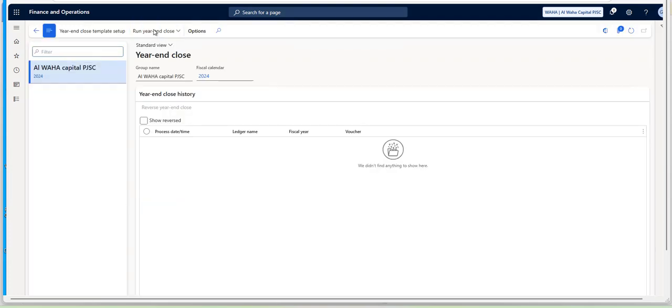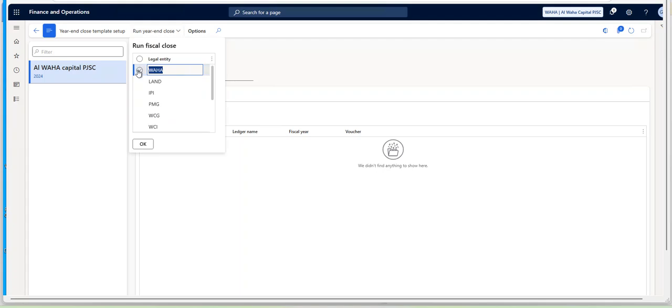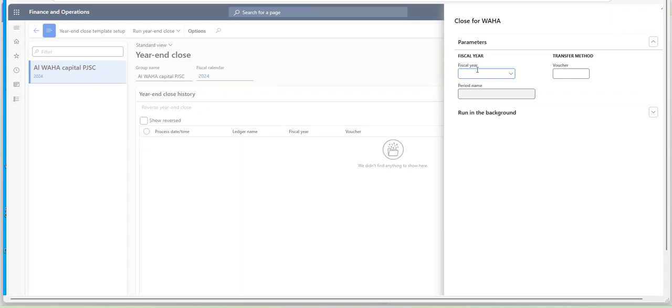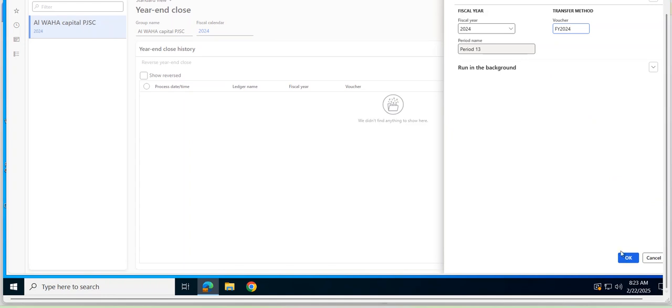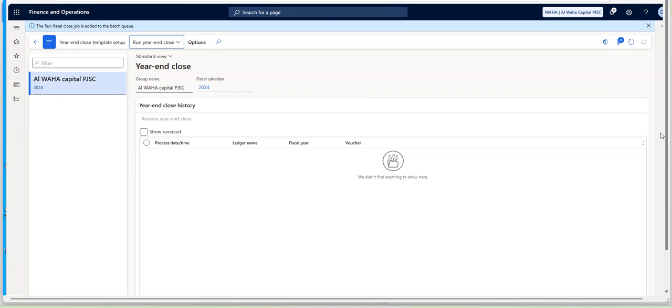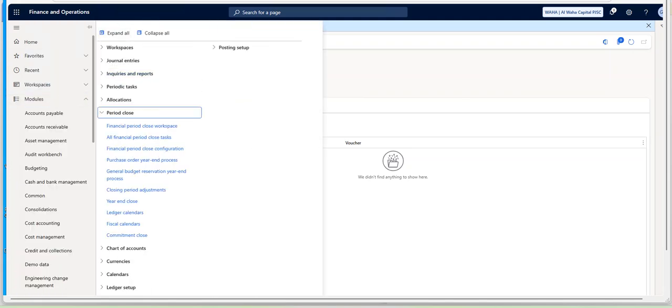Okay, so let me run the year end close. Here I will select the respective legal entity and fiscal year 2024. Let me give the voucher FY 2024 and click the OK button. Once you have clicked OK, you can see a fiscal year run batch job has been added in the batch queue. Meanwhile, in another tab,